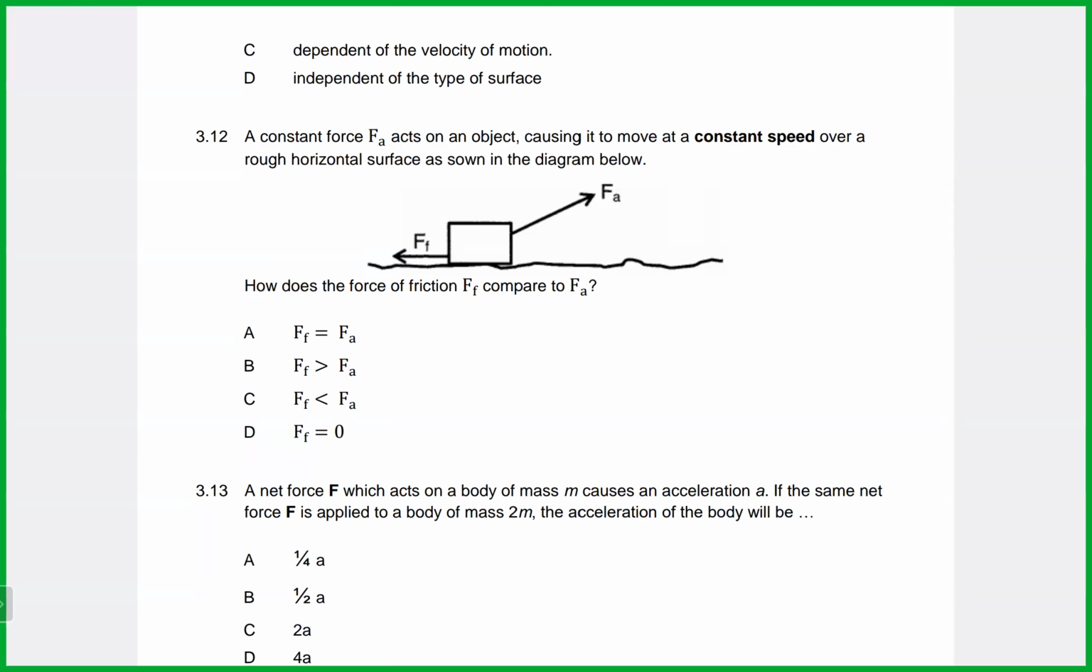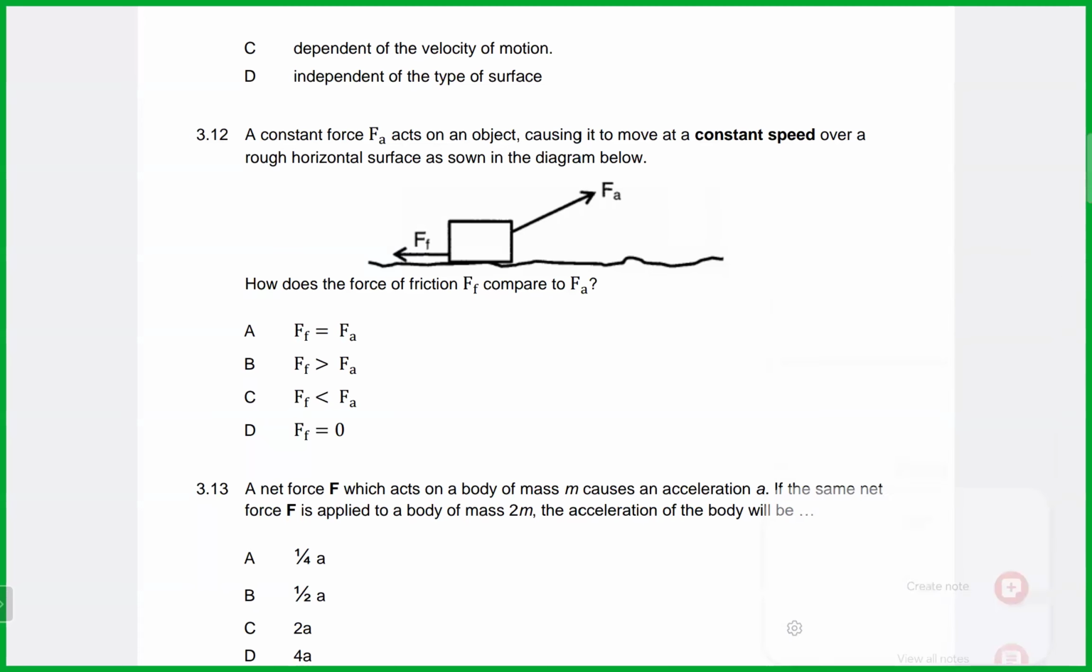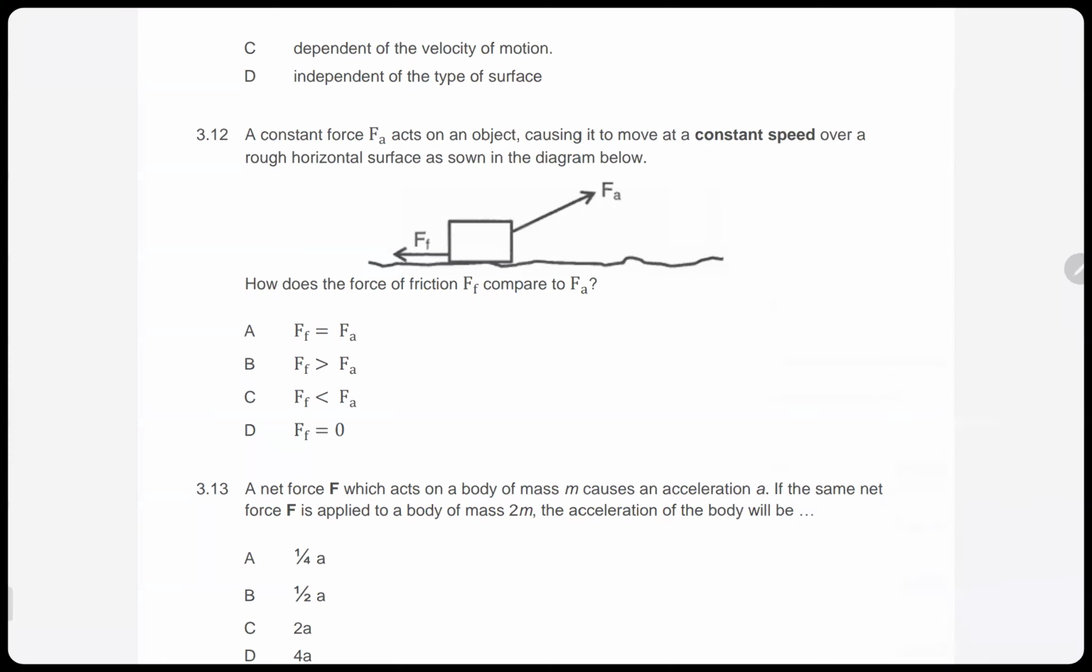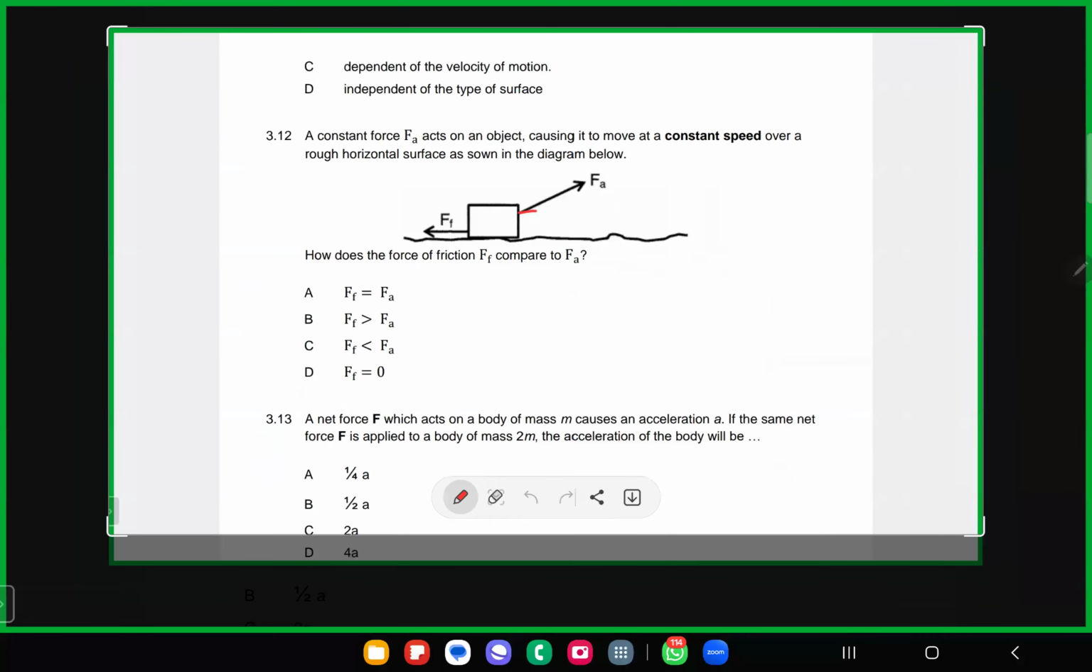No, sir. It's moving at constant velocity, sir. What is Ff equal to here? Fa, but in the opposite direction. It's equal to Fax, yes. Now, what's the formula for Fax? Fa cos theta